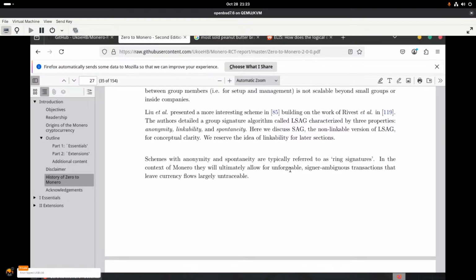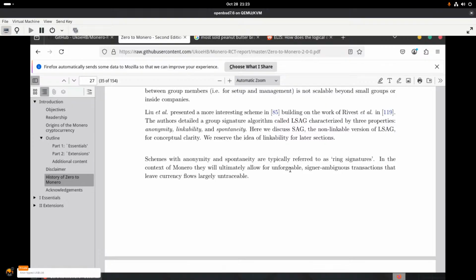Schemes with anonymity and spontaneity are typically referred to as ring signatures. In the context of Monero, they will ultimately allow for unforgeable, ambiguous transactions that leave currency flows